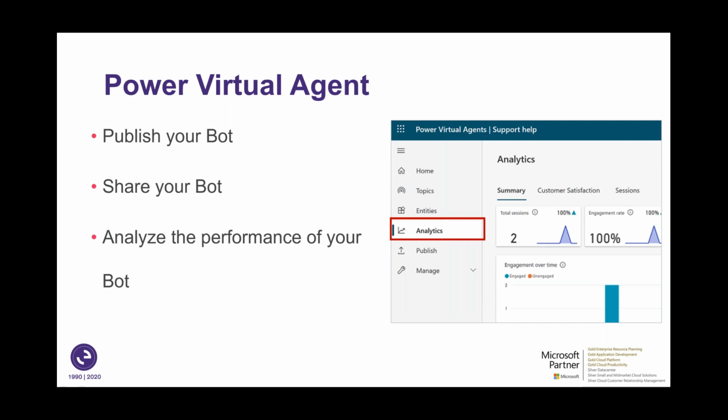So you can take that information on how the customers are interacting and how the bot is performing, go into the analytics section, which I've highlighted here as well, and understand if the bot is effectively engaging to resolve user issues, if the customers are being satisfied by the responses of your bot, and if it's escalating appropriately as you need to. And there's all these different ways you can do that.